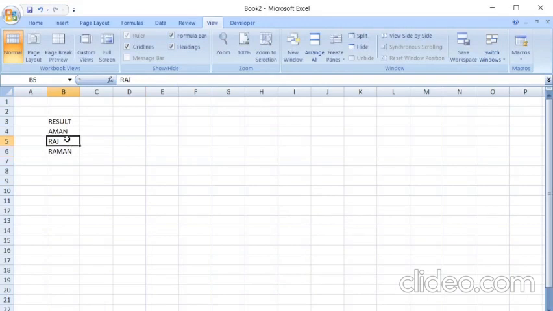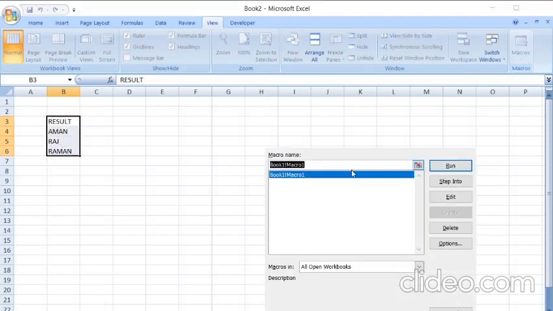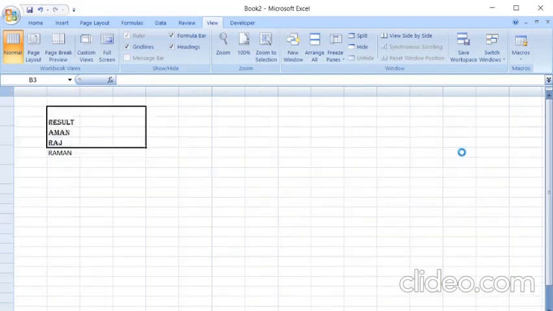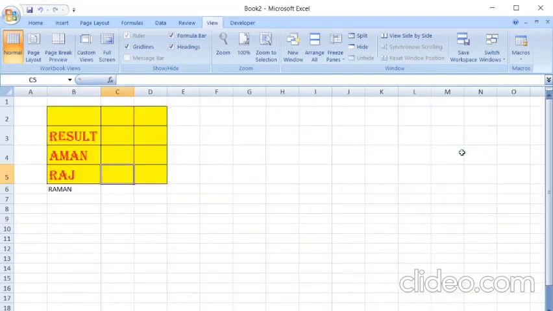But I want the same formatting which I stored earlier. Then select it, go to Macro, go to View Macros. This is my macro name, it is showing Book1 Macro. Then click on Run.